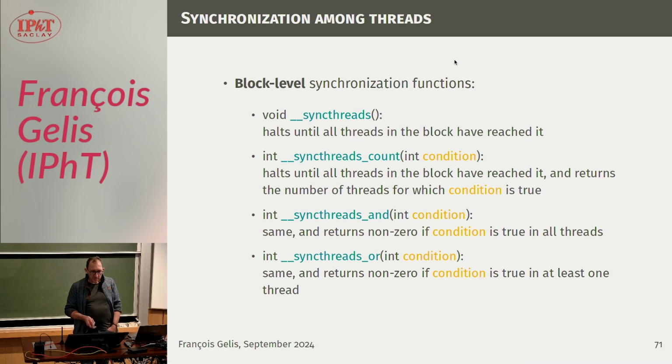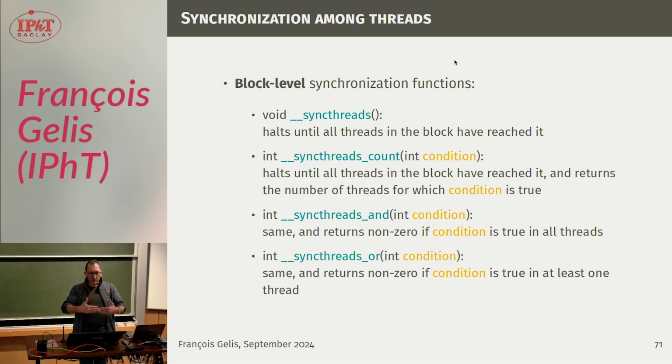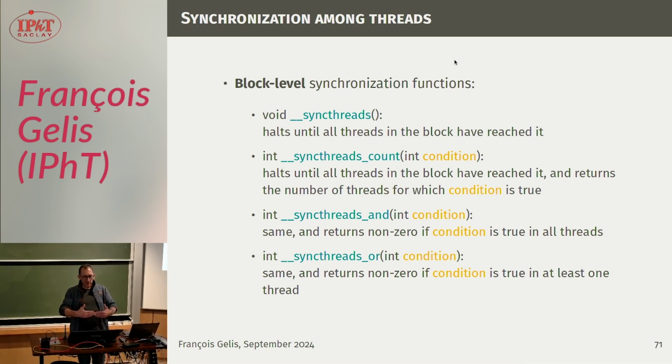So sync threads count takes an argument which is a condition, like a test of whether some variable is positive, for instance, and it has the same property of blocking the program until all threads in the block have reached it. And in addition, it returns an integer, which is the number of threads in the block for which the